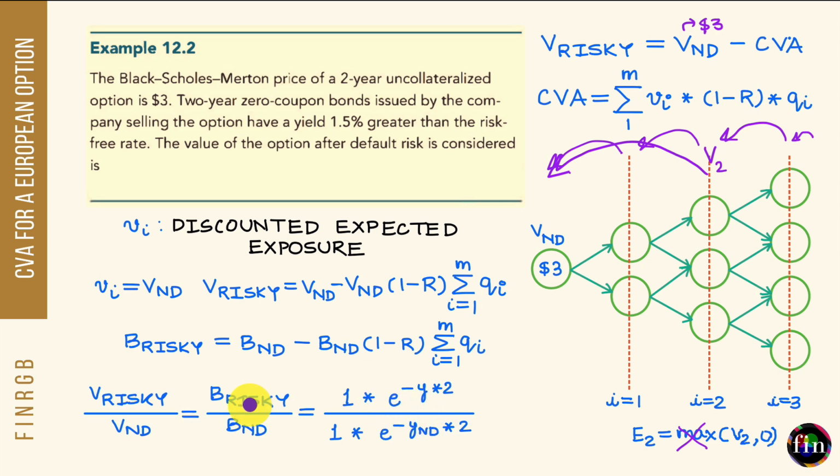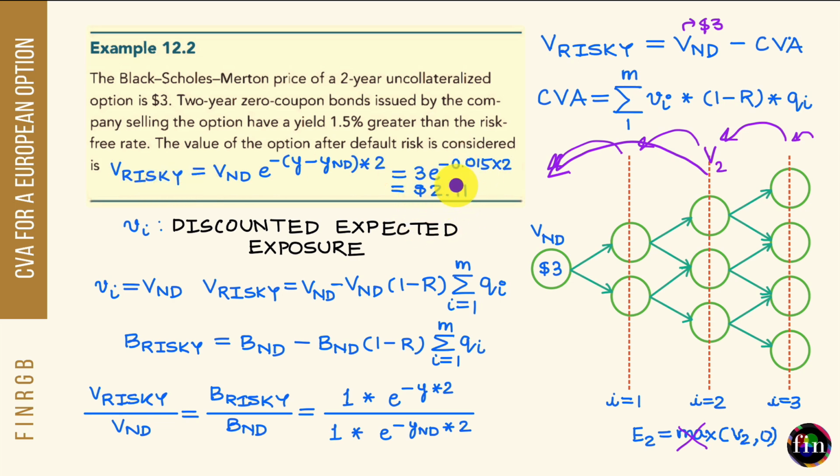This gives me then a very simple equation to calculate my V risky. My V risky is simply equal to VND times e to the power minus y_ND times 2 years. And this difference between the risky and the risk-free yields, the credit spread, is already given to us to be 1.5%. Okay, this guy we know is $3, this guy we know is 1.5%, and this then gives me that V risky is equal to, you can check this,